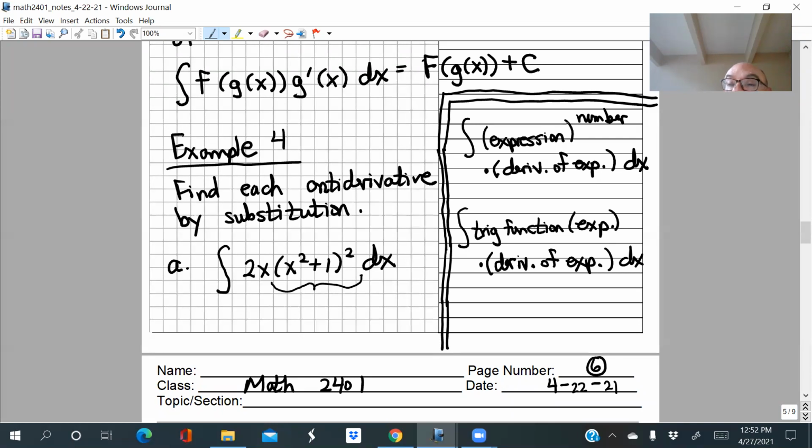That's exactly what I was describing earlier as a trigger that you want to look for. You don't get hung up here on the 2x being multiplied in. What you're really trying to key on is, oh, I've got an expression raised to a power. When that situation occurs, here's the trick that we're going to use that sometimes works and sometimes doesn't. I have to warn you, sometimes it doesn't work, but it's something worth trying.